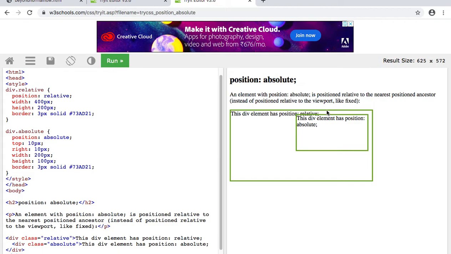So this is the distance of 10 pixels. Let me give the top to be 0, so it will be on top of this div, okay. See here, top is 0. So this is how we could alter the normal flow of HTML elements, okay. You could play around here for some time.